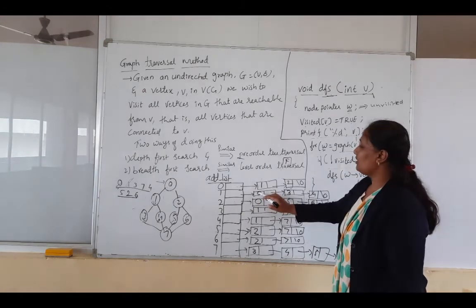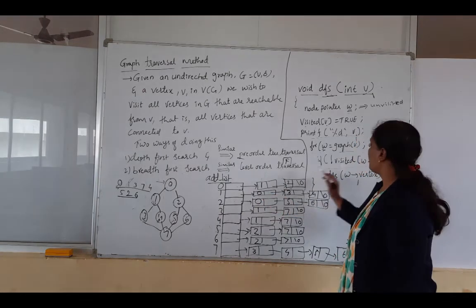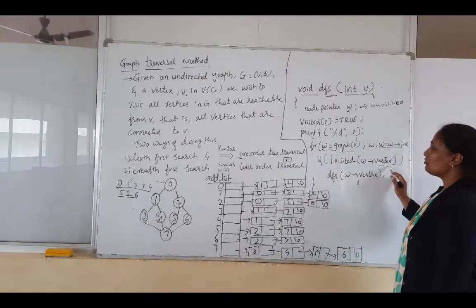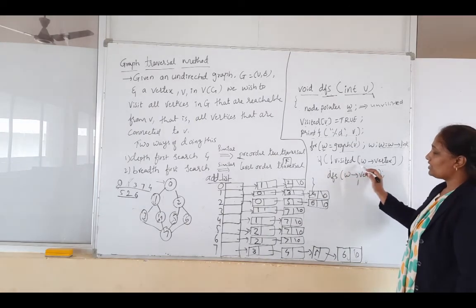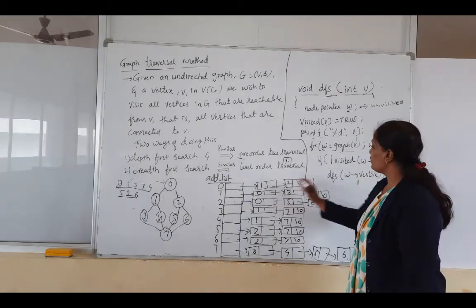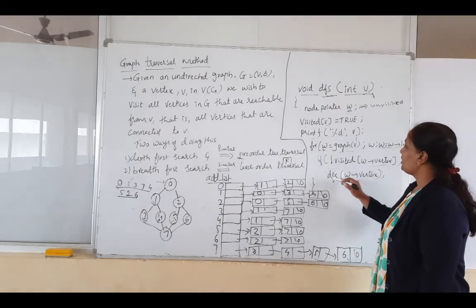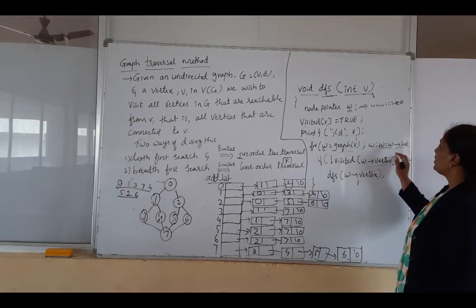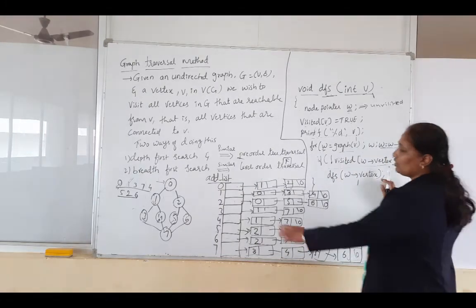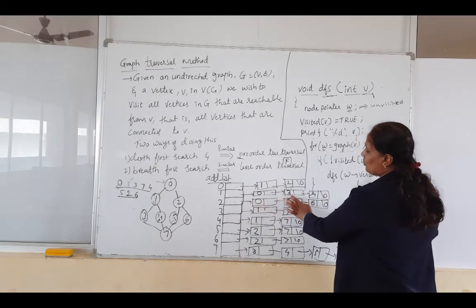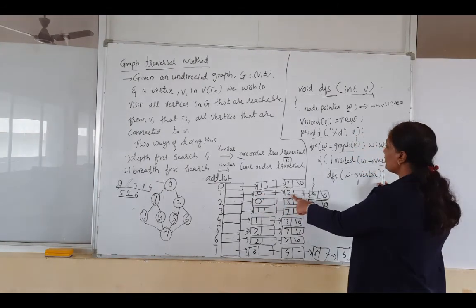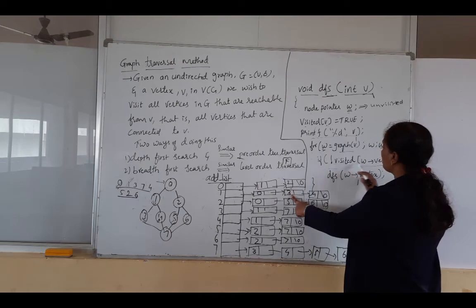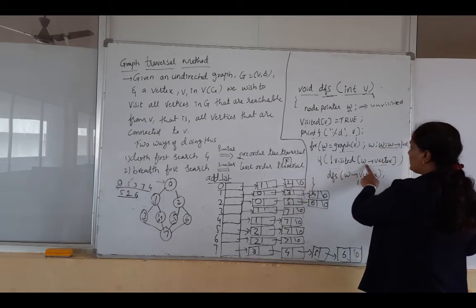Okay. So what is there in the first linked list? It is 0. So you are going to check whether it is visited or not. 0 is already visited, so the condition becomes false here. After that, you are going to check W's next link. So 0 is visited. What is there in the next linked list? It is 3. Then you are going to check whether it is visited or not. So it is not visited.